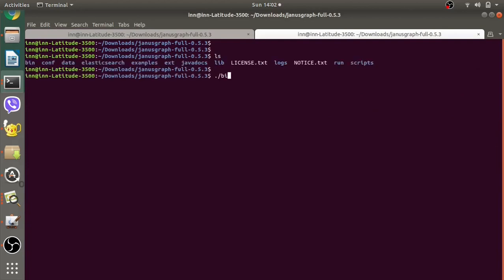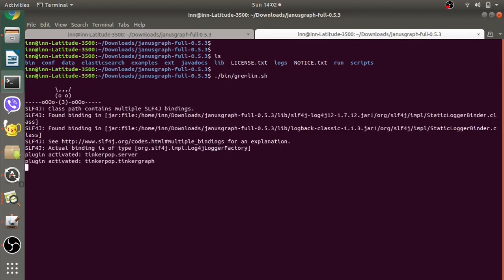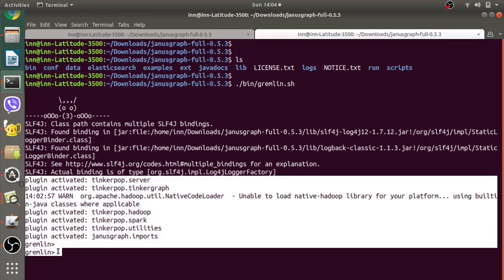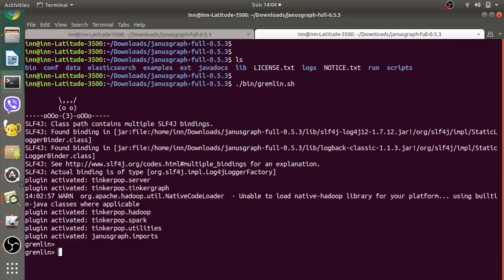Let's connect to the Gremlin console using bin/gremlin.sh. Let me just increase the font size here also. Now the client is ready. So from this client, if we need to connect to the Gremlin server, we need to use the remote.yml file. Let's go back to the slides and see how we can do that.